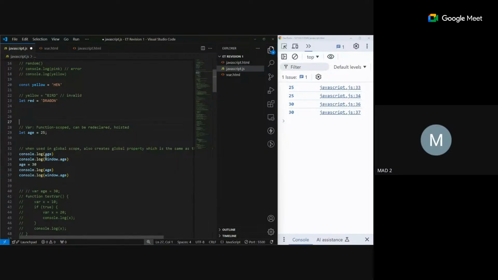So what will this give me? It creates a variable, but it does not create a global property. So what will this be? Undefined. You can see 25 undefined, 30 undefined. And if we put this.age,